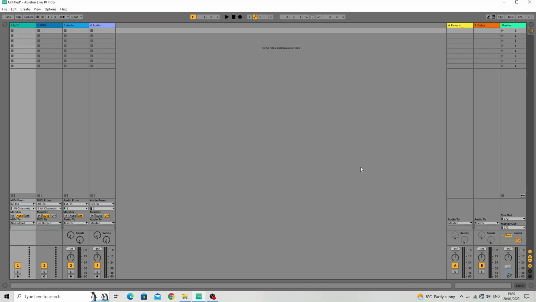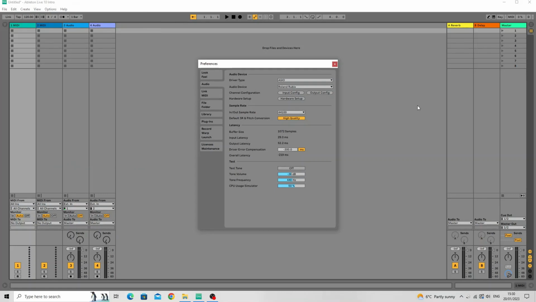If this is the very first time that you've ever gone on to Ableton and you're about to start using it and you've got everything plugged in, there's one or two things you need to know. I'm not going to spend ages explaining why, but I'm just going to tell you how to change them and make sure that everything's okay. So the first thing you need to know is that you need to check that the software knows that your interface is the one that's going to be the input and output for this music. You can check that by going to Options,